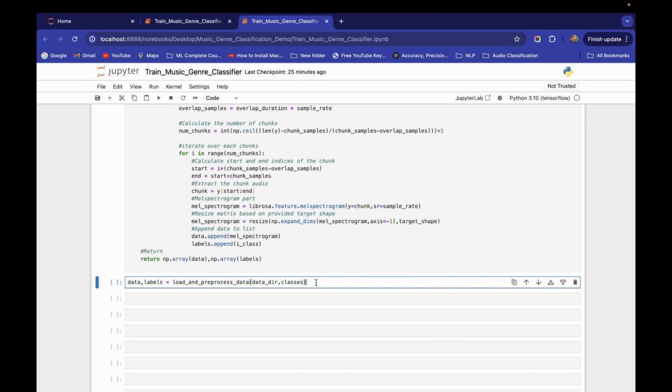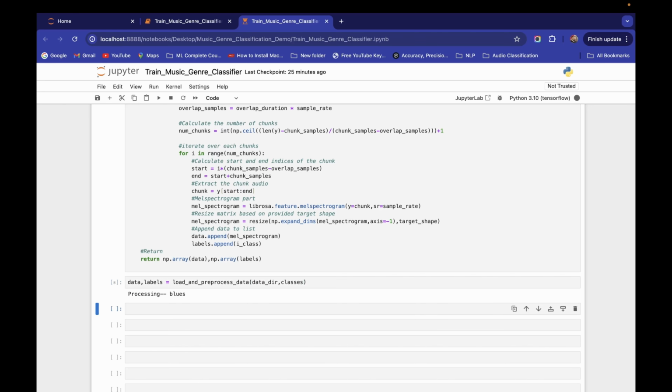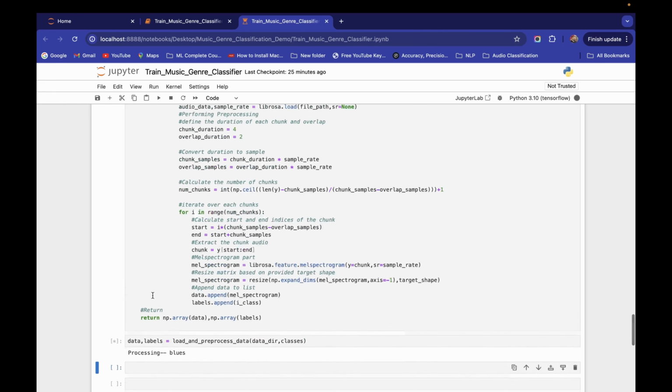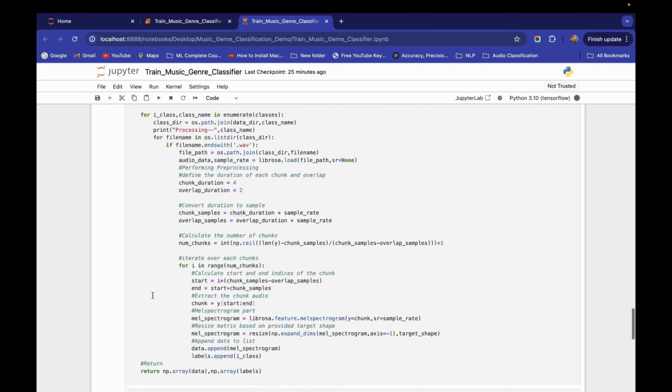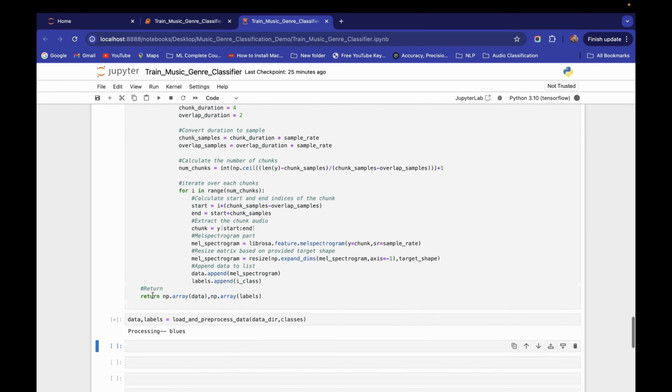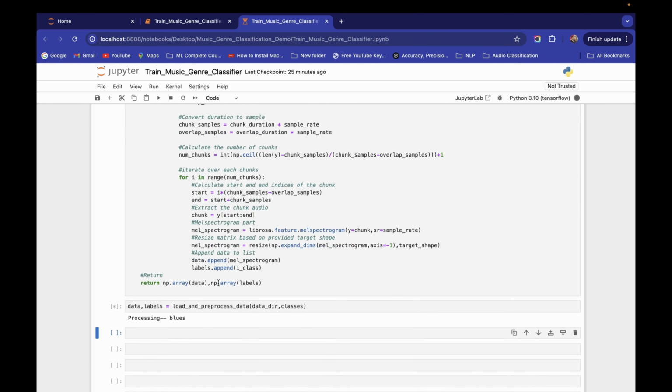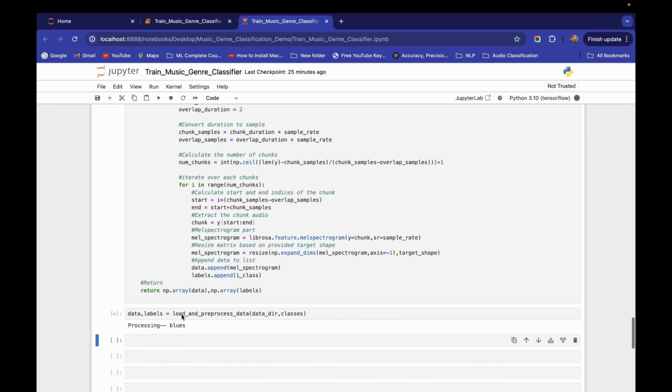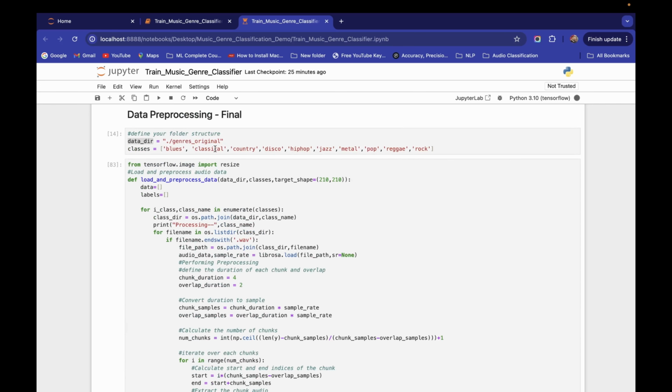Let's run this and see. So now it's processing blues. It will iterate over each class and process all the things here. First it's pre-processing blues, then classical, country, up to rock.